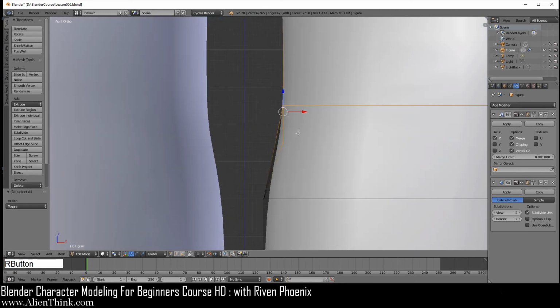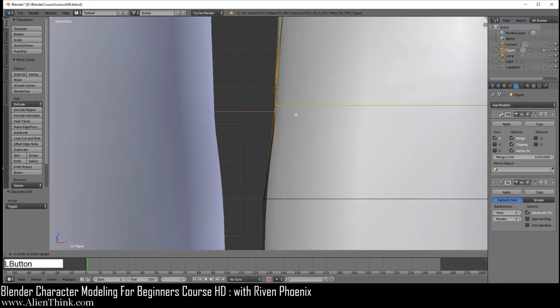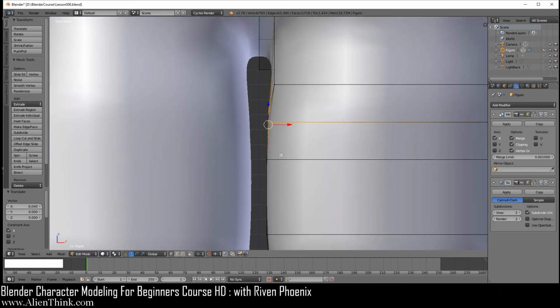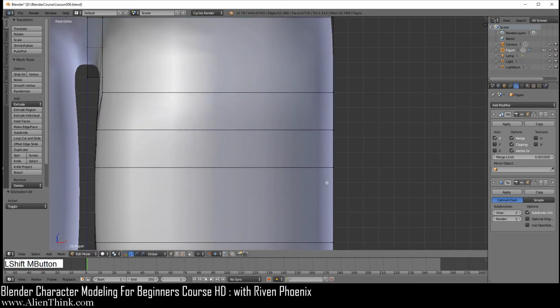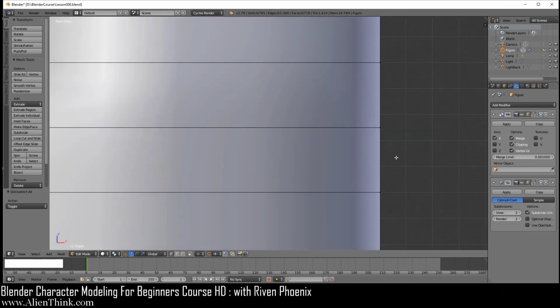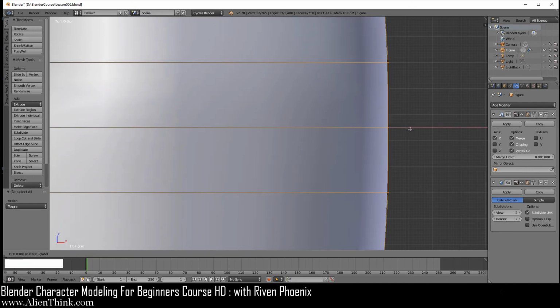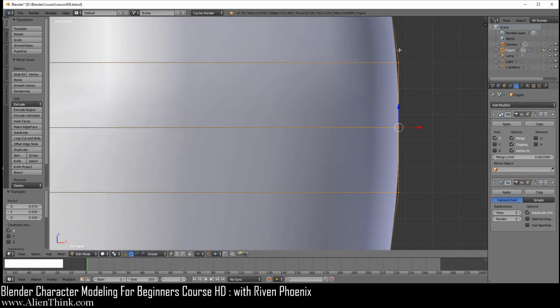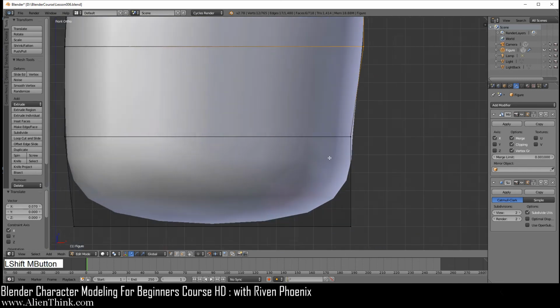Go ahead and select on these now, just like this. 1, 2, 3, 4, and this will just give the curvature for the inside of the leg. Now you're going to come over here. It is A to select, A to D select. Select with the C key. Select on these 3. Do 1, 2, 3, 4, 5, 6, 7. This is going to do the curvature for the outside over here.